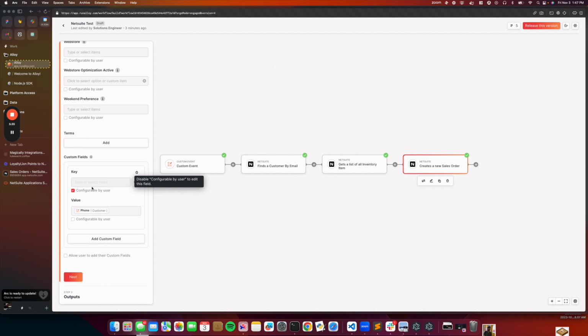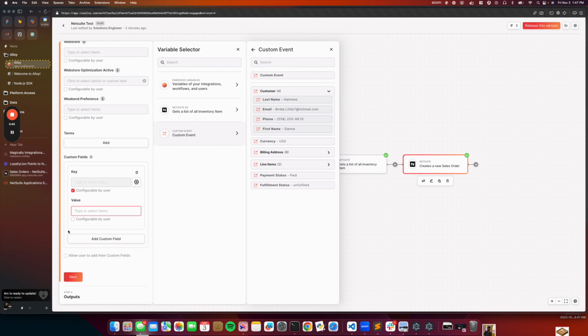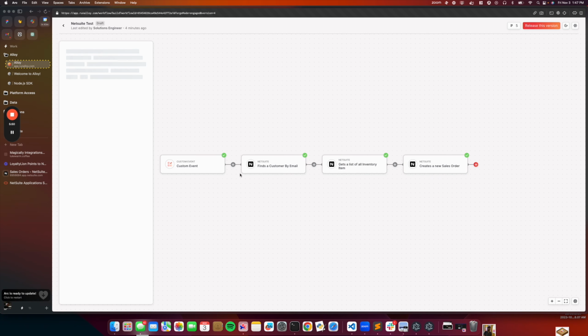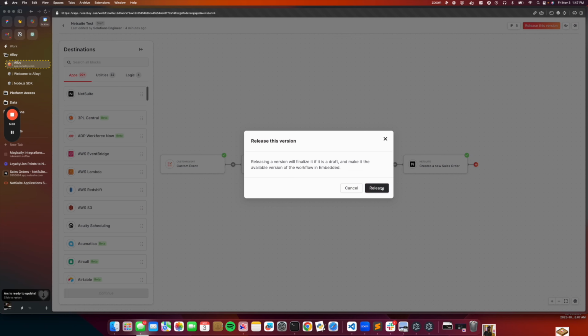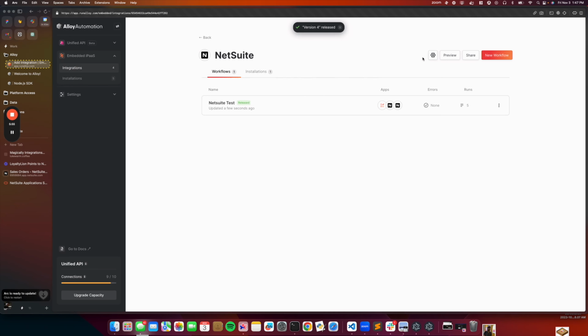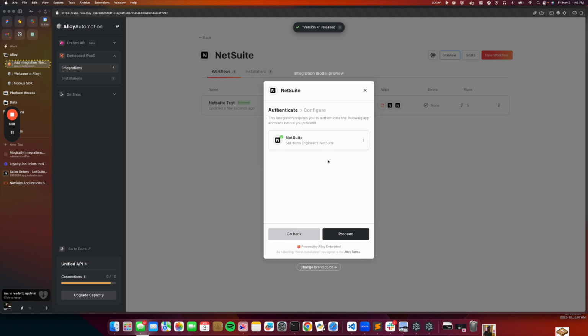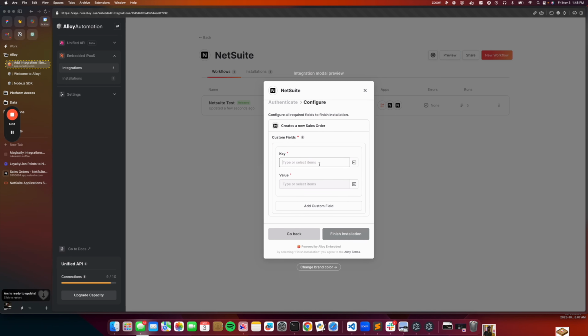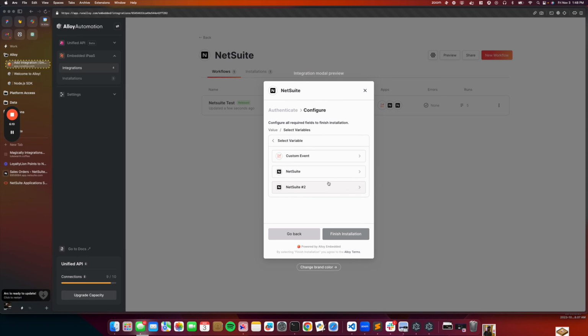We can make this field configurable by user, and this will actually give the option to the end user to map in the key wherever they want that data to belong. Now, if we leave both of them blank and we check this bottom box, that'll allow your end users to map in any number of additional custom fields that they need. So if I show that in the preview modal here, when we hit proceed, we now get a few more options where we can actually type in things like, my custom property 1, and map in any of the data